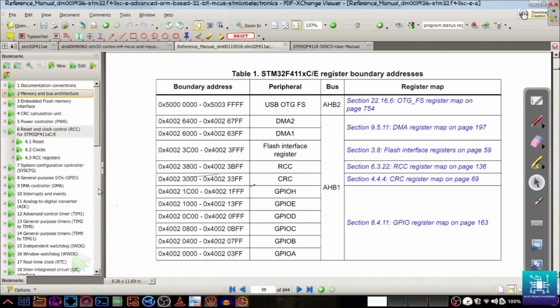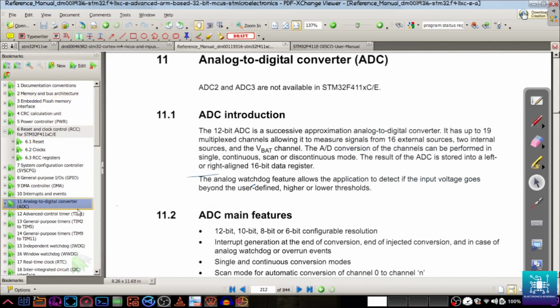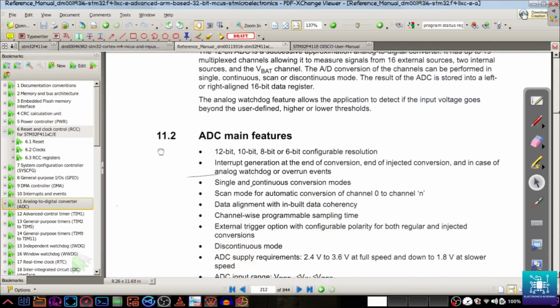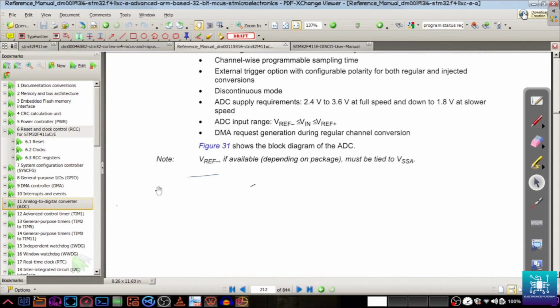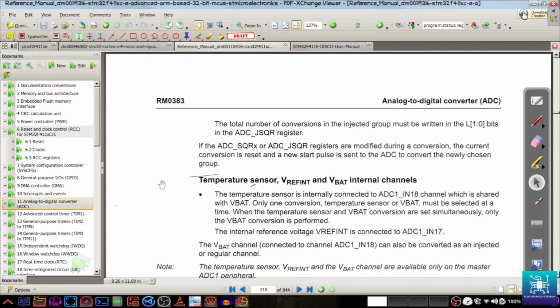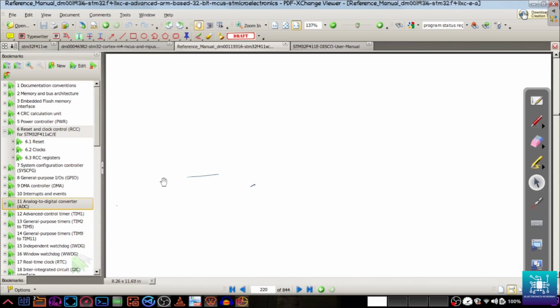It is a bit weird that all the register definitions, all the register information that you have in the reference manual, will only talk about offsets. So say we are on page 38 and we go to the analog to digital converter. You are working on the analog to digital converter, and then when you are looking at the registers for the analog to digital converter,